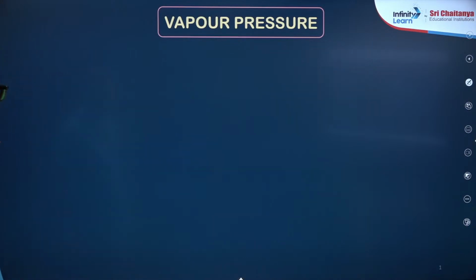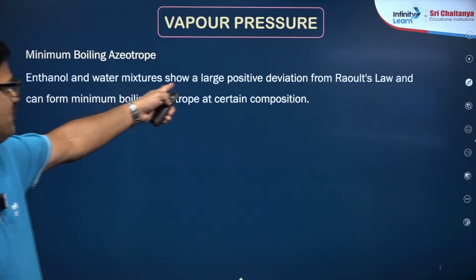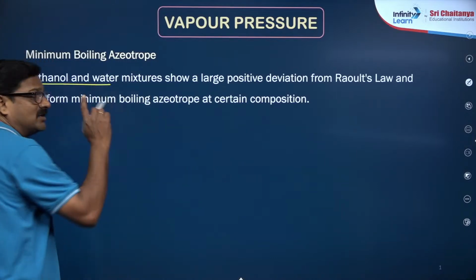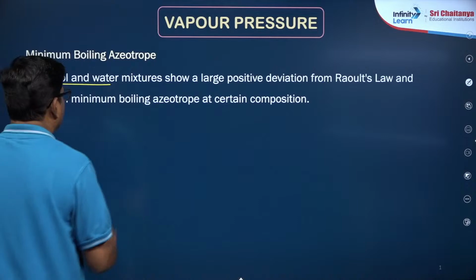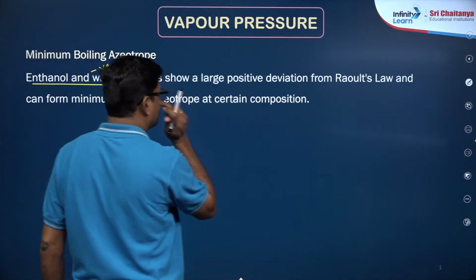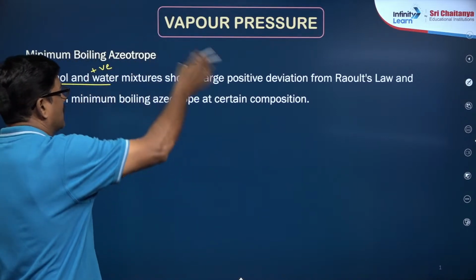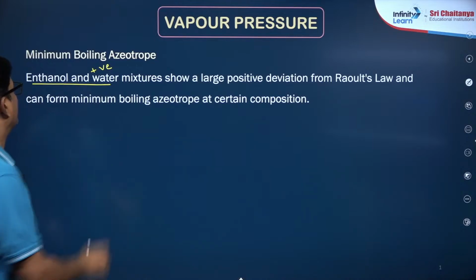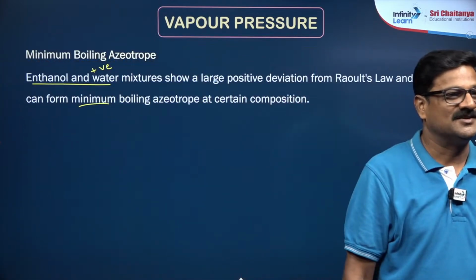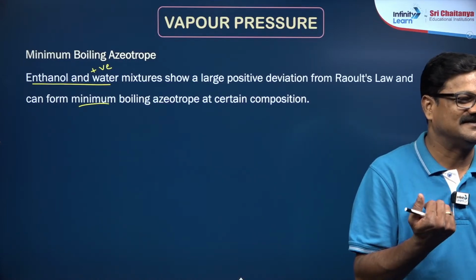हाँ, now you just see here minimum boiling azeotrope, ethanol and water mixture shows a large positive deviation. Actually, does ethanol and water show negative deviation or positive deviation? Actually it is going to show positive deviation. So that is a large positive deviation from Raoult's law. Okay, large positive deviation, because the graph comes like this, and they form a minimum boiling azeotrope. Minimum, हाँ, okay,